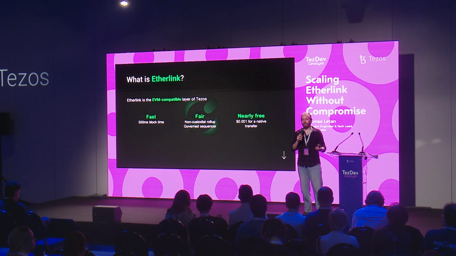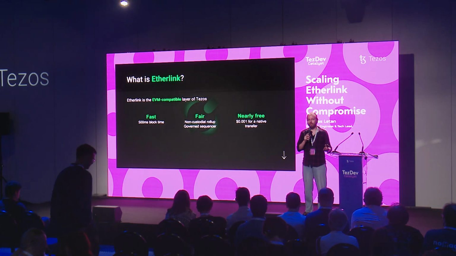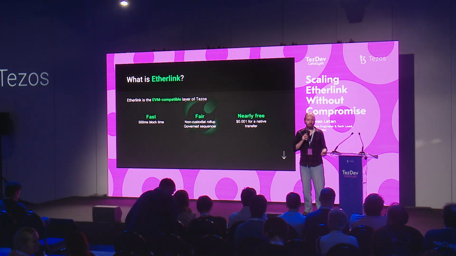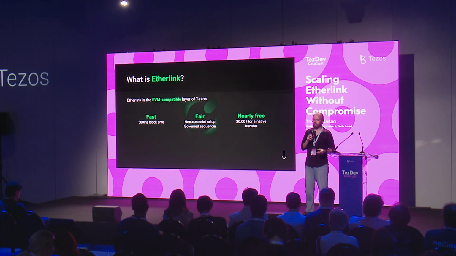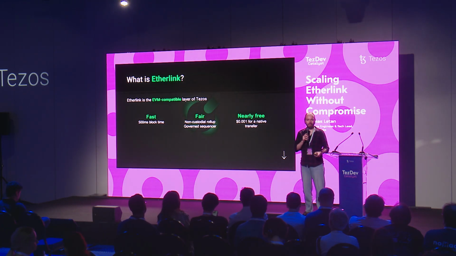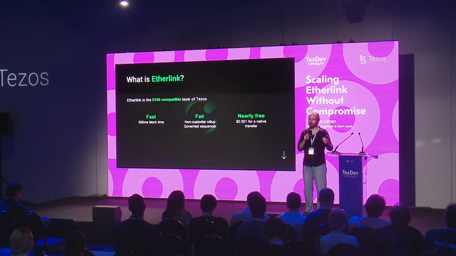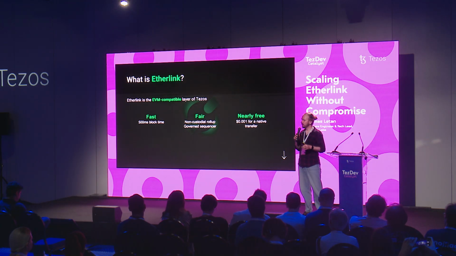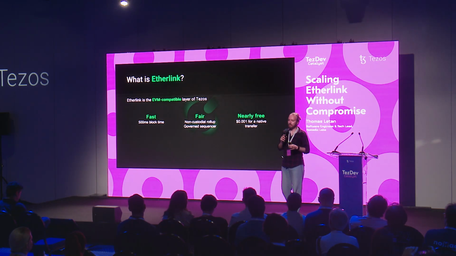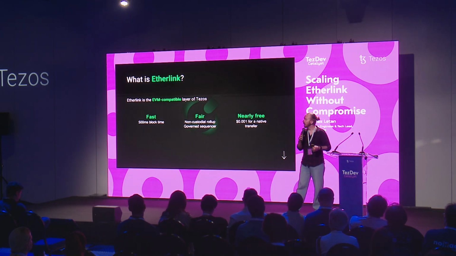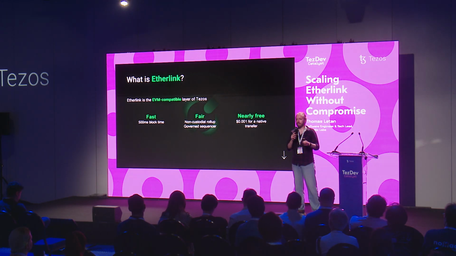Now it's still a layer 2 blockchain, and we want it to be attractive. And the fact is, as speakers at HCC, for instance, put it, we have layer 2 blockchains that are started every day. Maybe there is one today, maybe there is one tomorrow. So we need to bring something to the table that others don't. So we built Etherlink with three main concepts, three main core values in mind. We wanted Etherlink to be fast, fair, and nearly free.